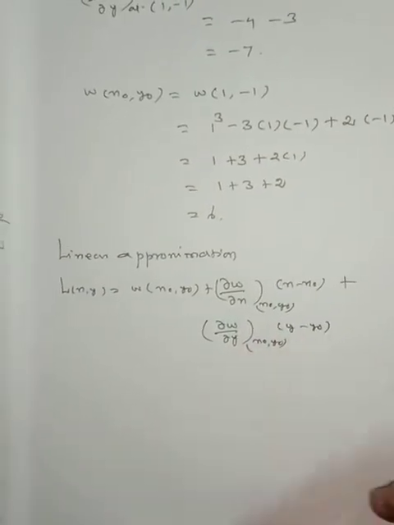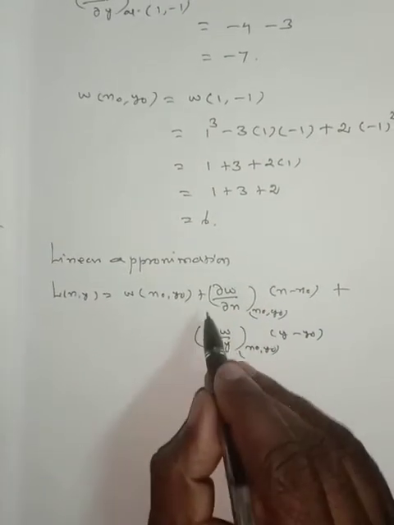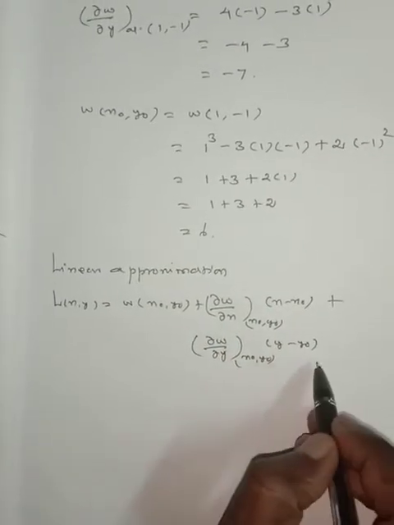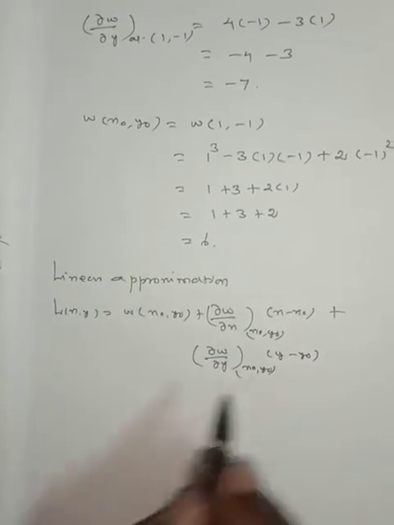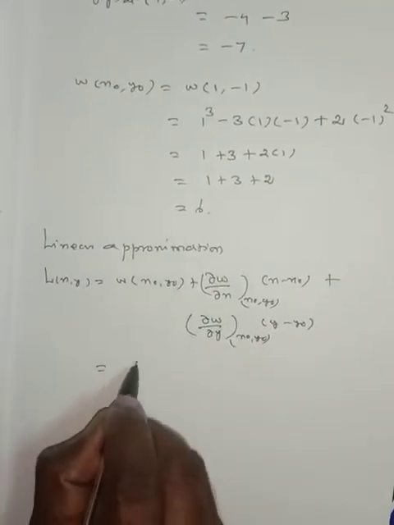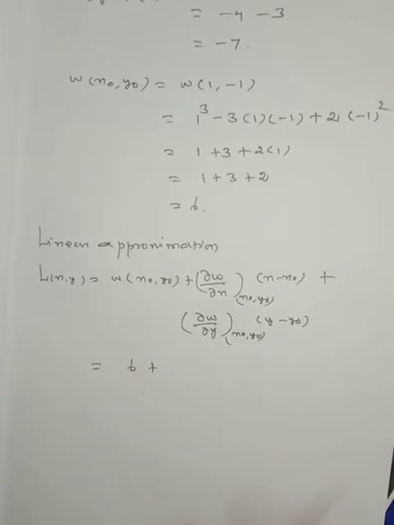There are two variables, therefore dou w by dou x into x minus x naught plus dou w by dou y into y minus y naught. This is equal to w of x naught, y naught, which is 6, plus dou w by dou x